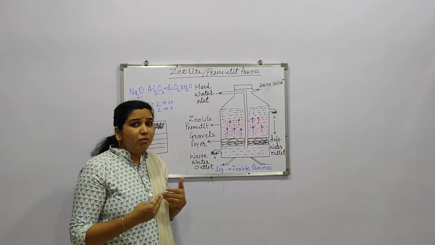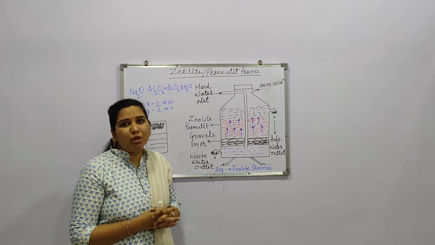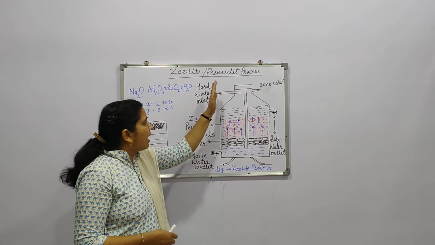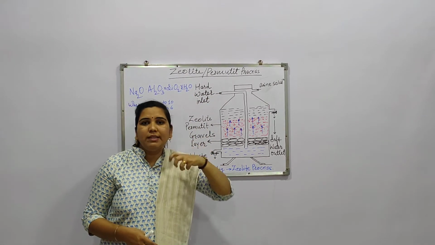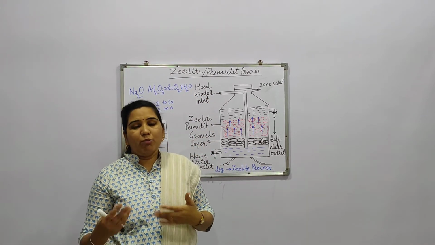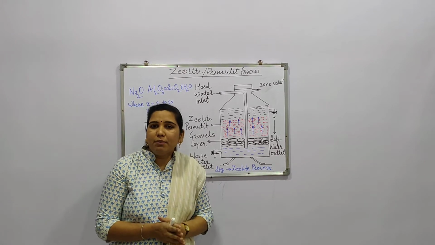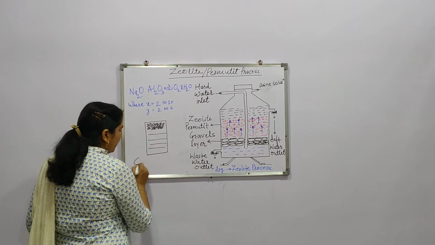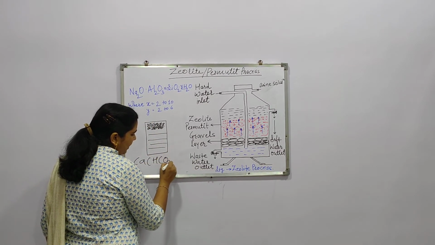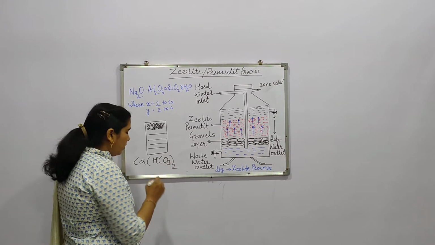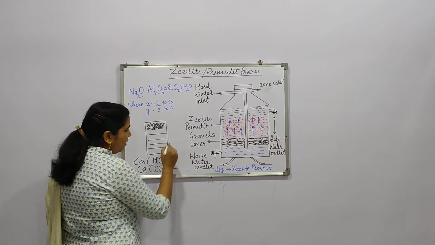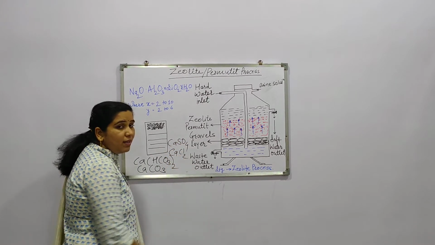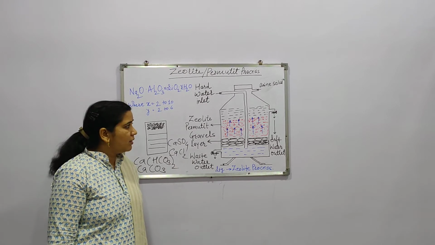Now we have to see how the process is actually going on. These are all things about the construction. Now, its working. First of all, hard water, as we know all these things about hardness, hard water and soft water, is nothing but water which has different salts in it. So what type of salts are there? Salts like Ca(HCO3)2, that is calcium bicarbonate, then calcium carbonate, CaCO3, calcium sulfate, CaSO4, calcium chloride, CaCl2. Like these, a lot of salts are there in the hard water.